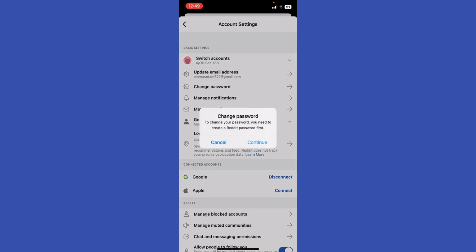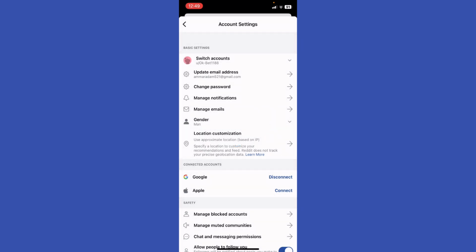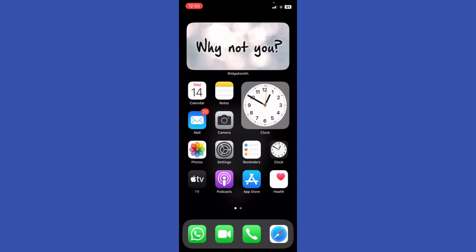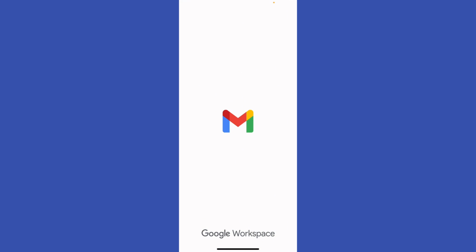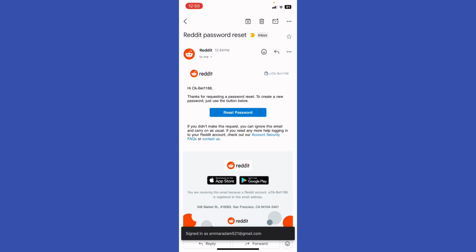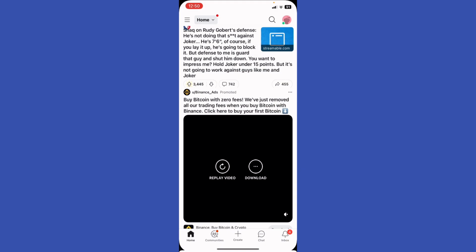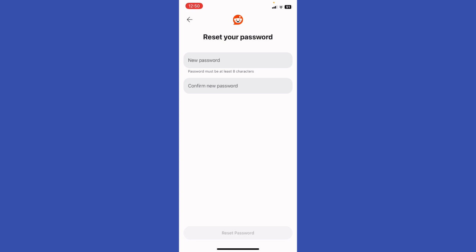Click change password and just continue to change password, and here it says check your email to confirm that you want to create your own password. So from here I'm going to just go ahead and open up my new window, and I'm going to just see right here the message that came along from the Reddit app. And basically just go ahead right here and click the reset right here and just enter your new password from